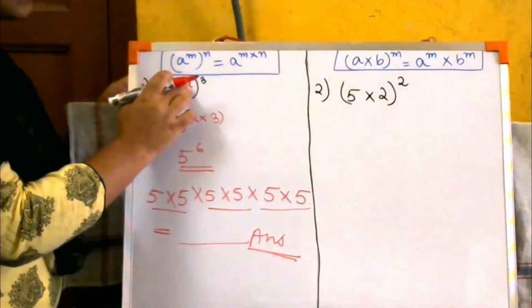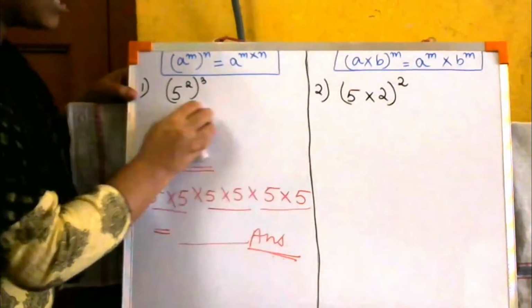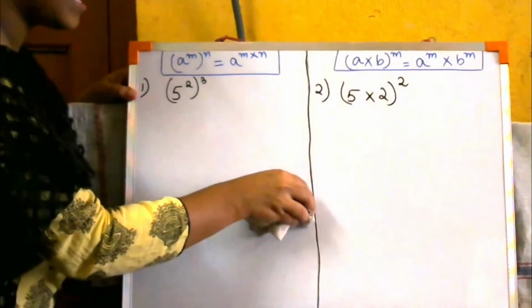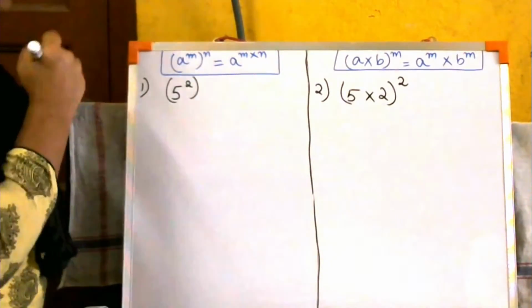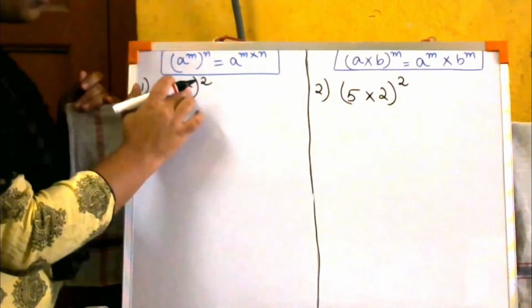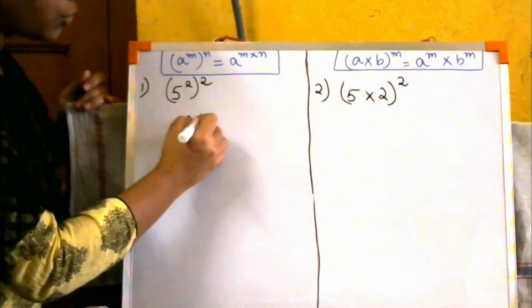So let me do it with a smaller number. I guess that will be better for you people. Then only I can solve it also, because I am also not good with such big calculations. I need a calculator. So let me make it a small number. What if the outside power is 2? Okay, same thing. 2 and over here is also 2. So what are we going to do? 5 to the power 2 into 2.